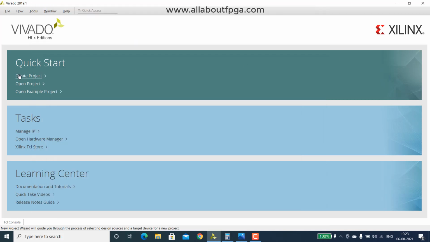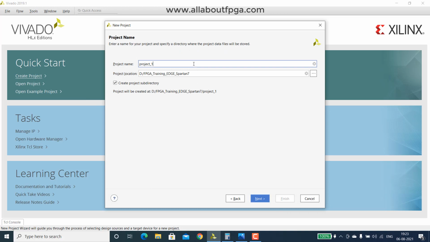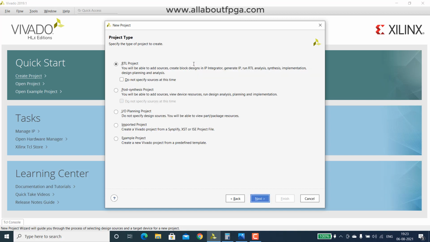So let's quickly create a project. I name it multiplier 4x4.